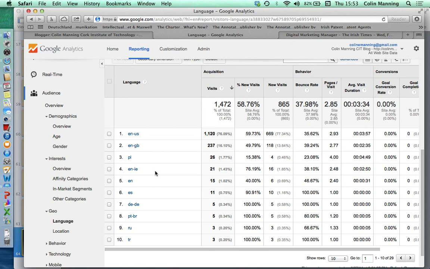Somebody who would go to the trouble of identifying themselves as not being a UK browser, a British browser, would probably not be